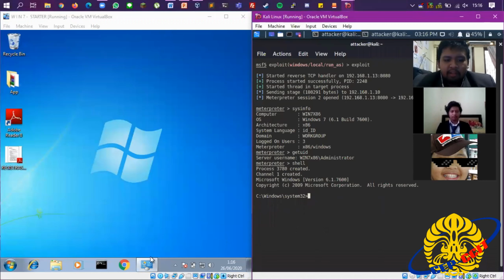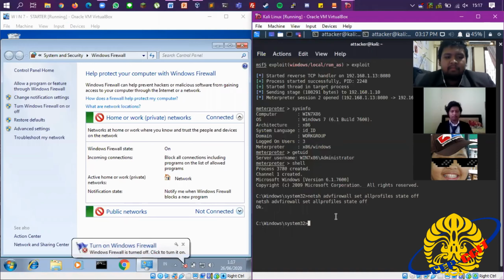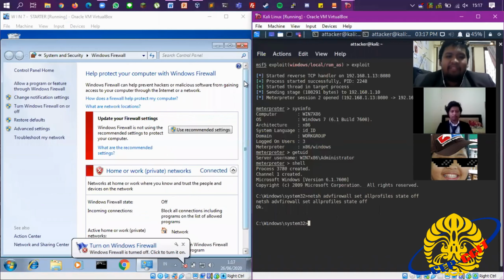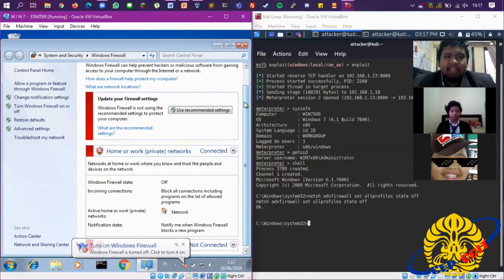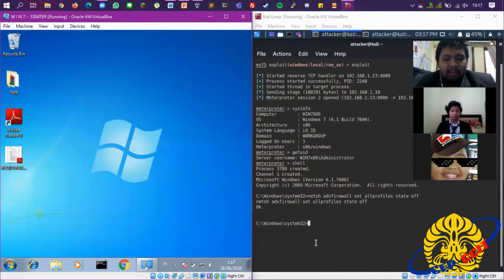So here's the firewall. To disable it, we use netsh advfirewall set allprofiles state off. And now the firewall has been shut down. And after that, we can start to transfer files, which could be malware.